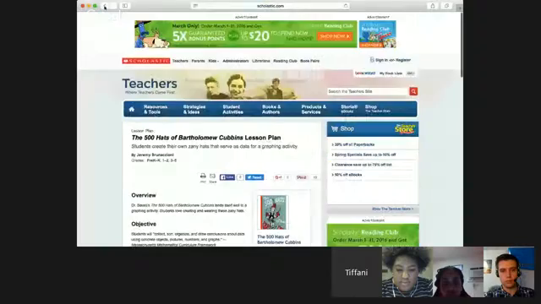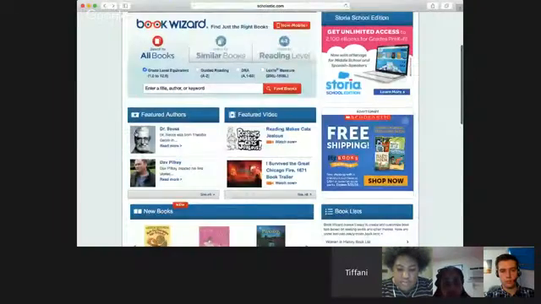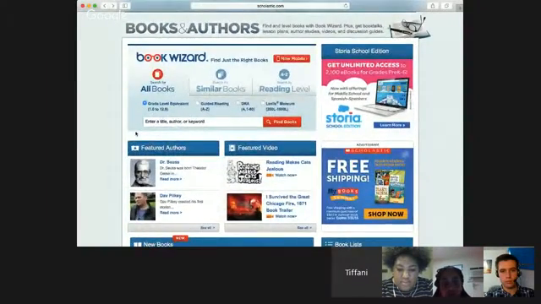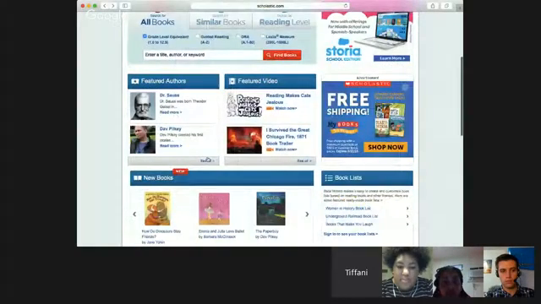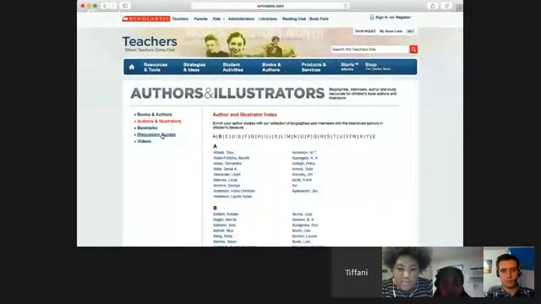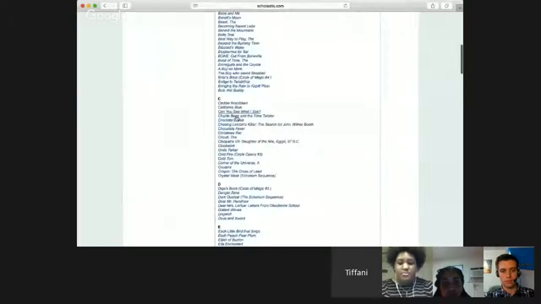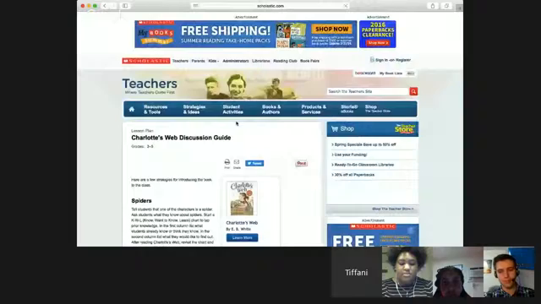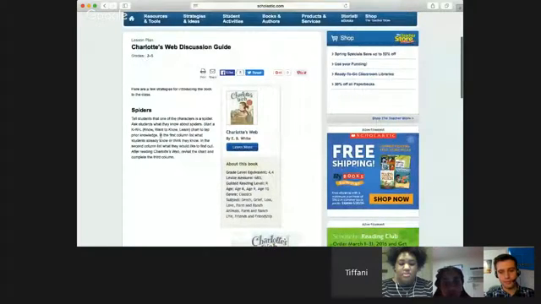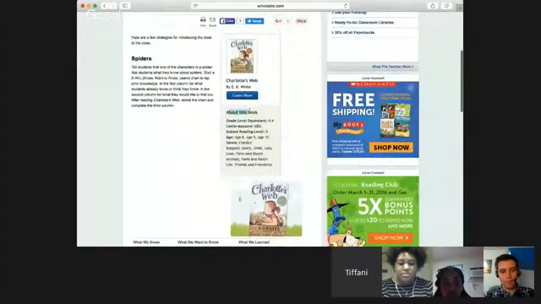Then going back to the beginning where we started off on here, you can have the discussion guides for books. If you go to discussion guides, and just to show you one, I looked at Charlotte's Web because I remember reading that book in elementary school. And on here, it gives the grade level for that book, and down here where it says about this book, it has the guided reading level, the age, the genre, and then the subjects. And over here,